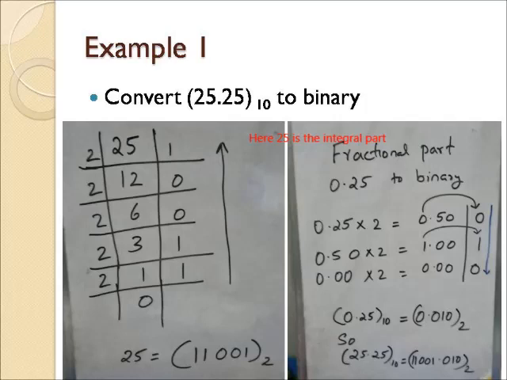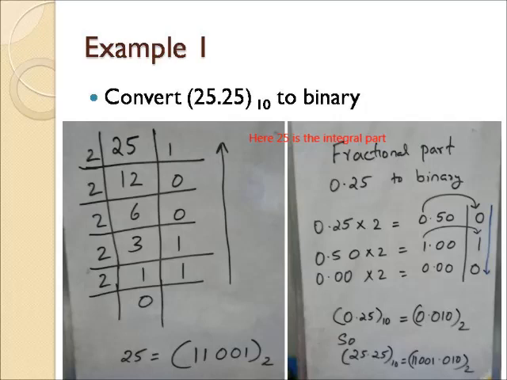Again, if we divide 12 by 2, you can see that the remainder is 0 and the quotient is 6. We continue the division, writing the remainders on the right part of that integral division. We have to continue this till we get a 0, right? And here you can see that there is an arrow drawn upwards. That means we are reading from the downside. 11001 is the equivalent of 25.